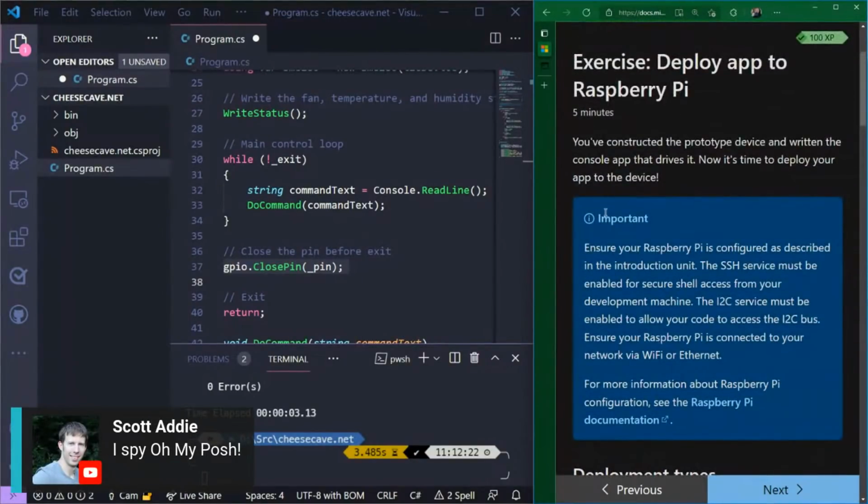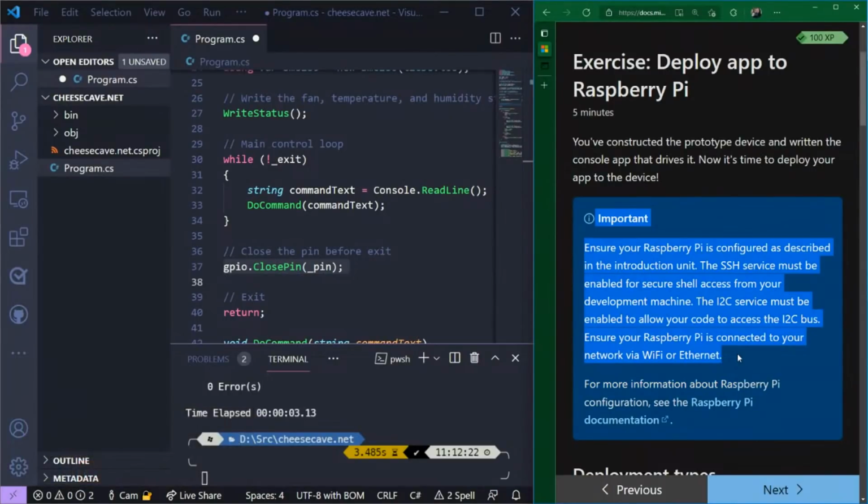And by the way, another important call out on this is if you're following along at home and you're watching this video, at this point you need to make sure your Raspberry Pi is turned on and double check that you've turned on the SSH service, because we're going to be connecting to it over SSH. And the I2C service is the one that I always forget to turn on, and I always get an exception that is